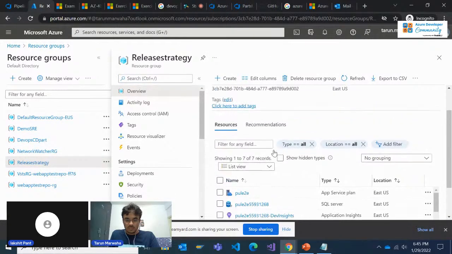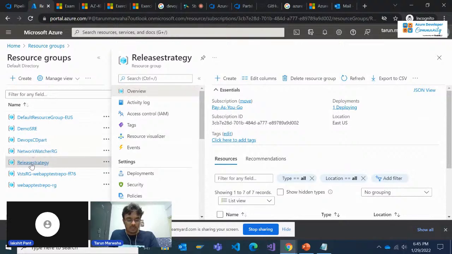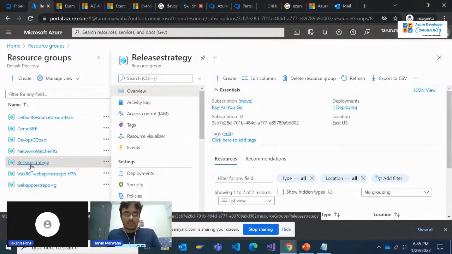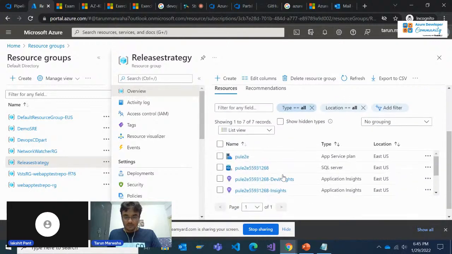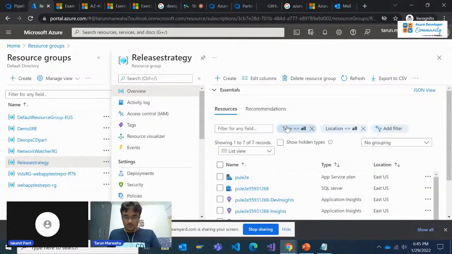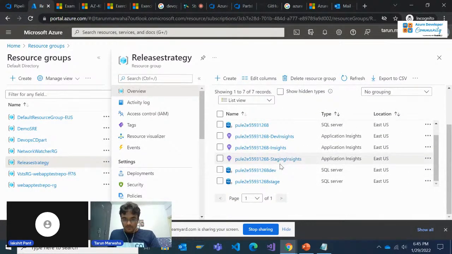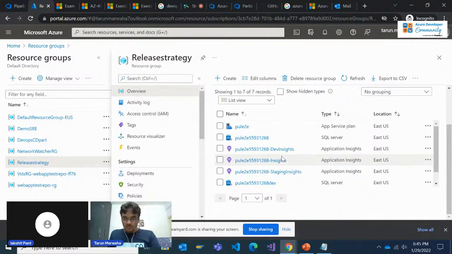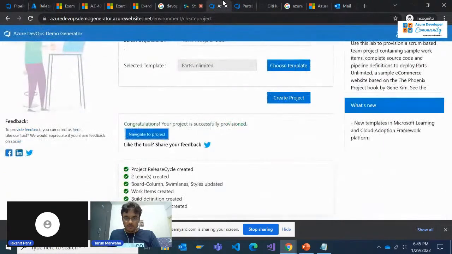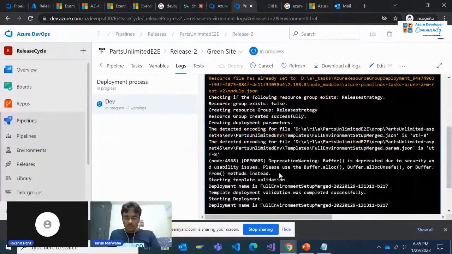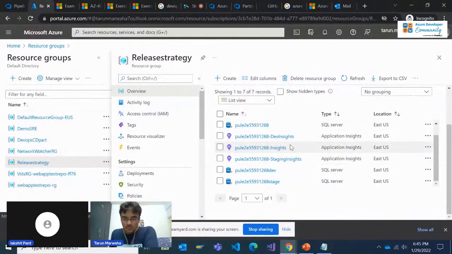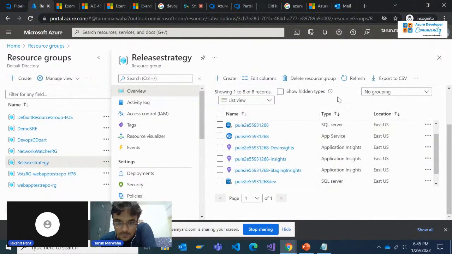So let's see how much time. I think it's a release strategy, right? I was referring to the wrong one. For dev and stage, SQL Server, you can see it's created the SQL Server. Now it's still in progress. So it will deploy the apps also, I believe. Yeah, it is deploying the SQL Server. It has deployed SQL Server dev